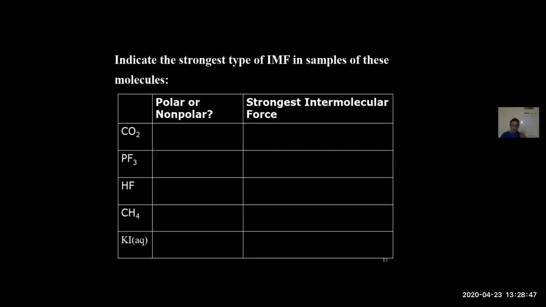And so you're dealing with an aqueous system and some salt dissolved in the aqueous system. Now, you might see a table that looks like this, and you need to figure out what the strongest intermolecular force is in the right column. To answer that, this is where the Lewis dot structures come into play. Way back when we were writing these, that's why we wrote them, because from that information, it told us if we have a polar molecule or a nonpolar molecule. So go back and review